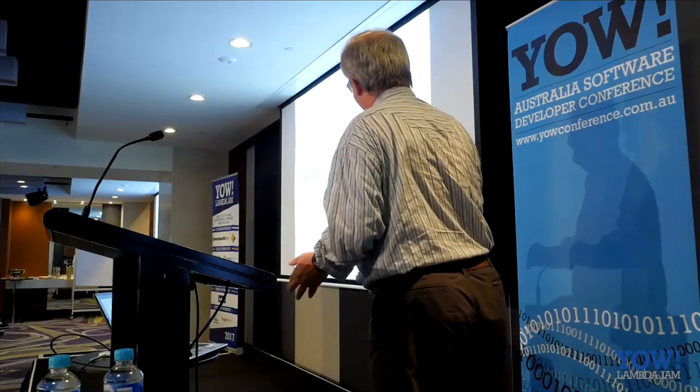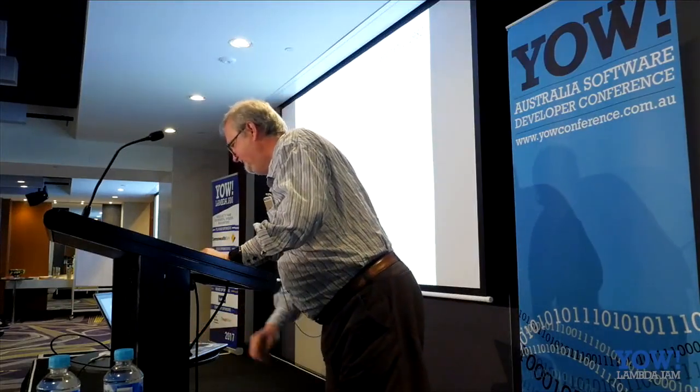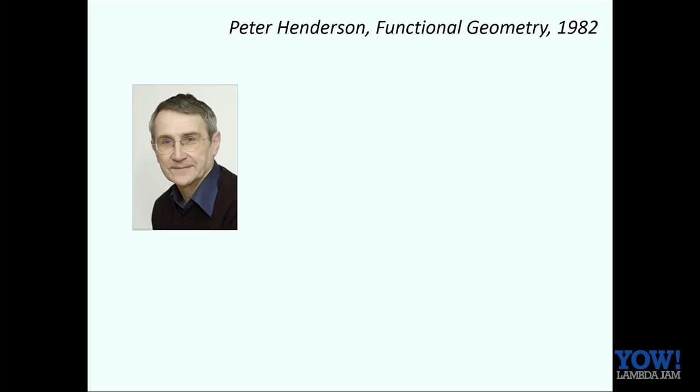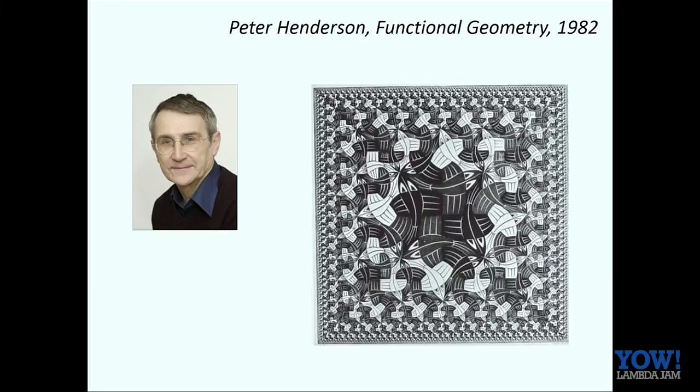So, John Backus. Now I want to skip ahead another few years to this man, Peter Henderson. Remember the face? So Peter was Mary's PhD supervisor. And he was also very excited about functional programming. But he had two loves in life, functional programming and the artworks of M.C. Escher. This one is called Square Limit. I'm sure we've all seen them. And Peter wondered if he could combine the two.